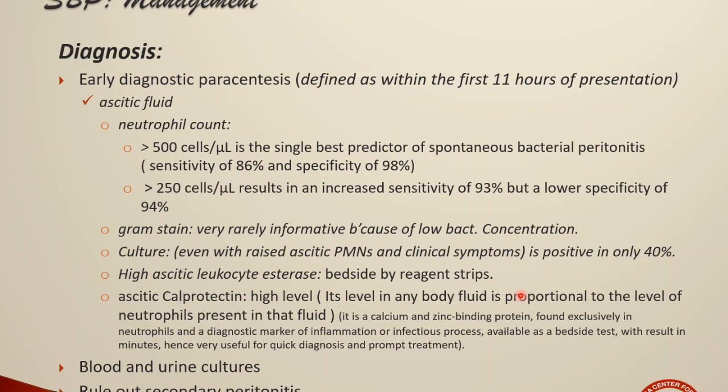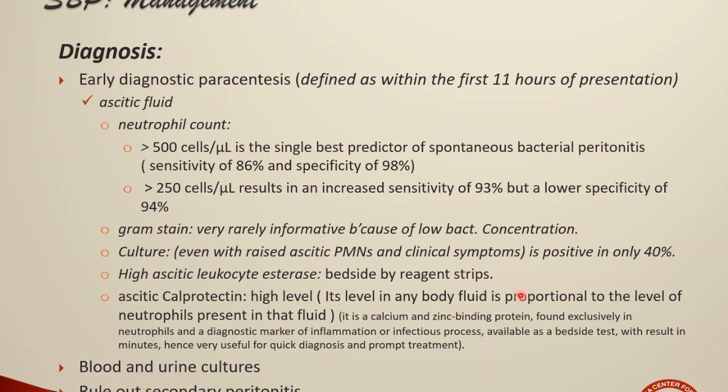That is very important to remember. Why? Because the bacterial concentration is never enough to give you a positive Gram stain. Culture, even with a raised ascitic polymorphonuclear count and clinical symptoms, is positive in only 40%. So the Gram stain and cultures are not very good indicators of infection or diagnostic parameters of SBP. On the other hand, high ascitic leukocyte esterase can be done easily at the bedside and immediately gives you